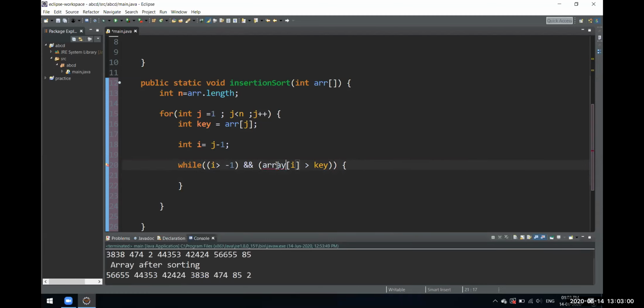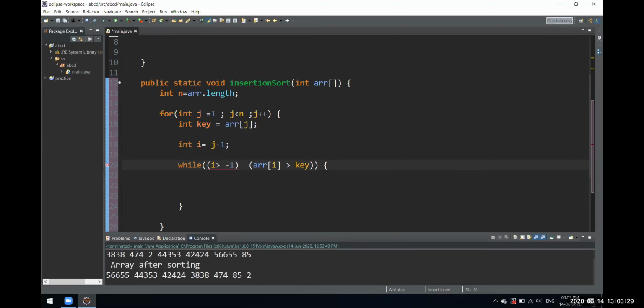Sorry, I'm just messing around, this is just ARR. Now inside this, we'll write the code for the while condition. This is the AND operator. We have the OR operator also. For OR, we write these double standing lines, and this is for the AND operator.